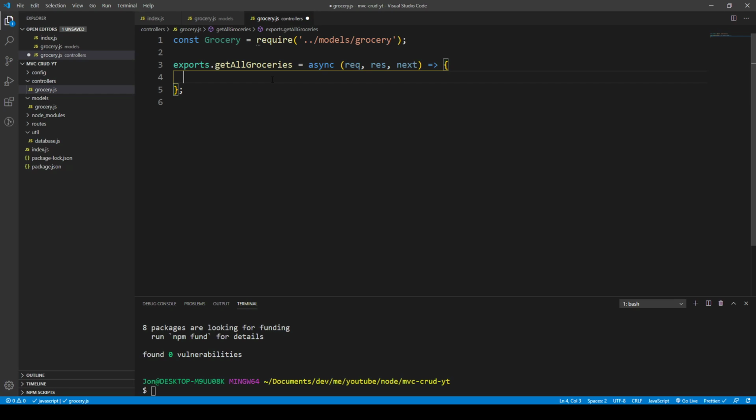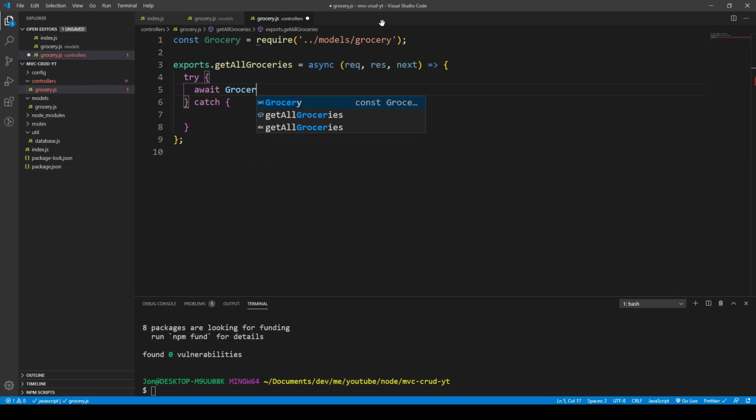Just like normal requests, asynchronous requests are either going to work or not going to work. So we can do a try catch block to handle any of the errors that occur. What we want to do is await the grocery dot fetch all, and because we need to await that, we can assign it to a variable. So we're waiting for the SQL query to execute and get all of the groceries from the grocery database. So let's just say constant groceries,